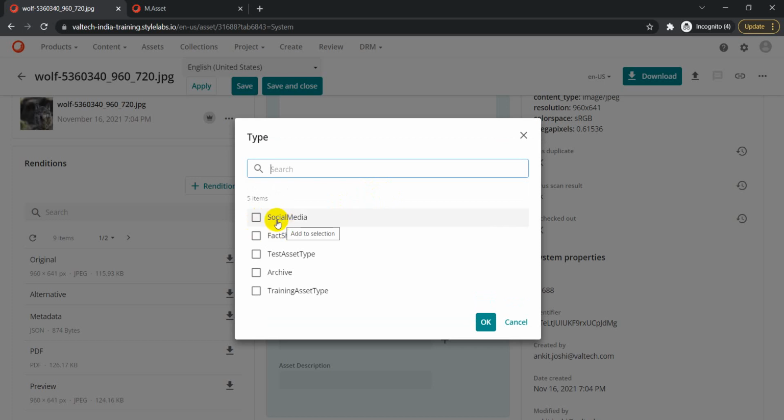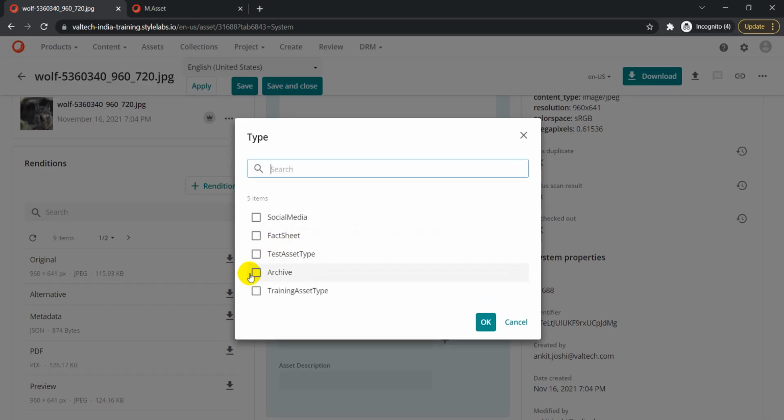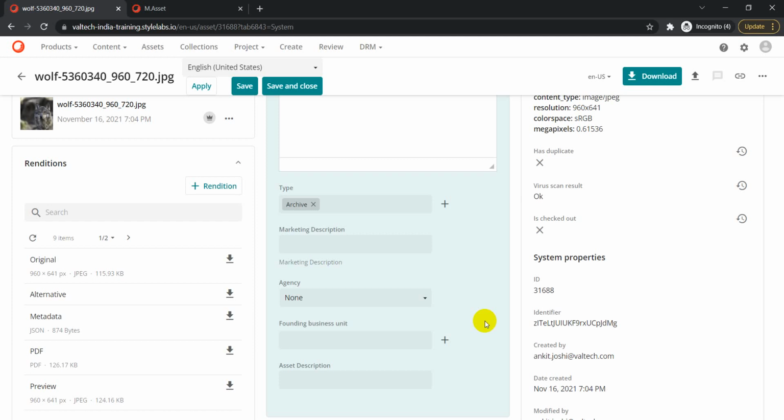Right now you see the asset type is not selected, but we are still able to see the asset description. Even if I select something like archive and click OK, I'm still able to see this asset description. The case we are taking is that only when the asset type is social media should we be able to see the asset description. Otherwise it should not be visible.